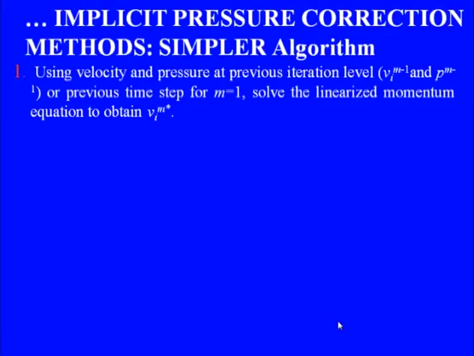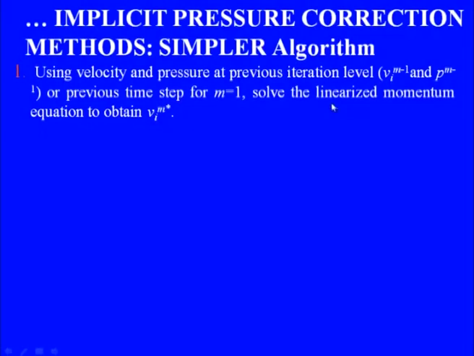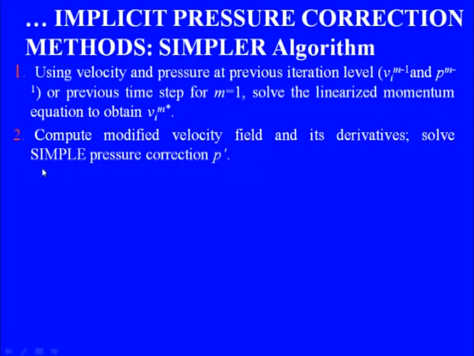So, here there would be an addition with respect to SIMPLE. A few steps are common. The first step is common: use velocity and pressure at the previous iteration level, Vi m minus 1 and P m minus 1, to solve the linearized momentum equation to obtain the intermediate velocity field Vi m star. Now, compute its derivatives and solve the SIMPLE pressure correction